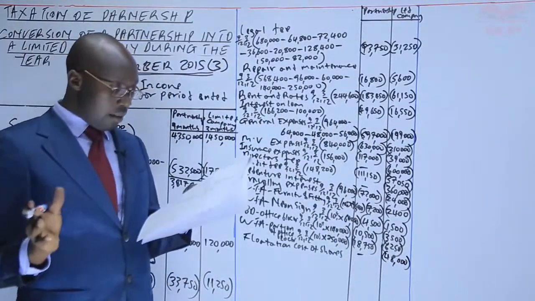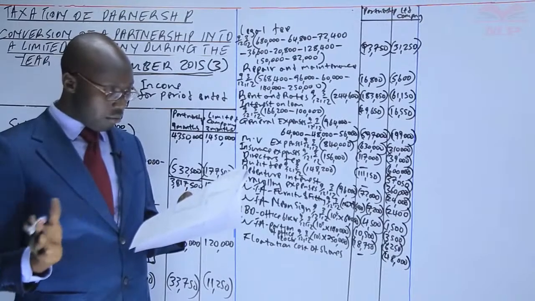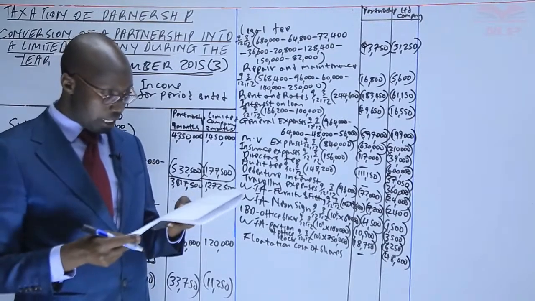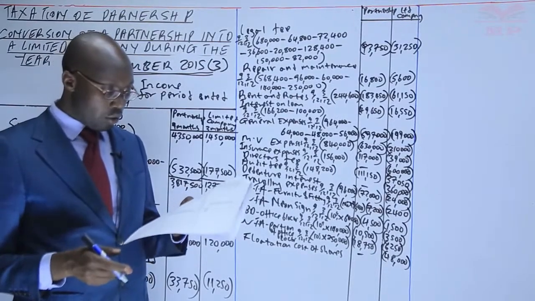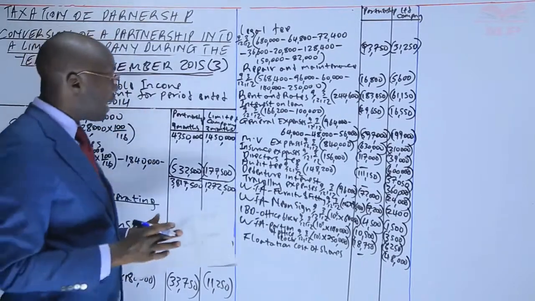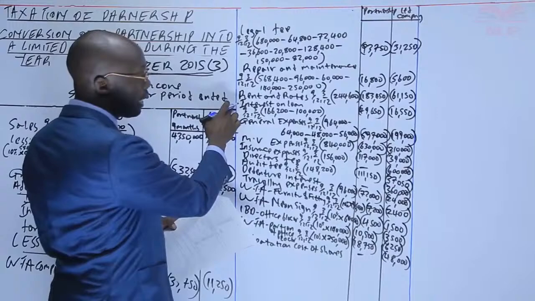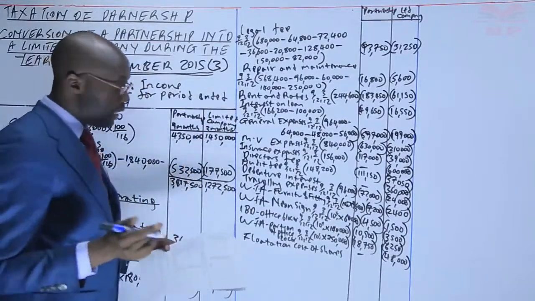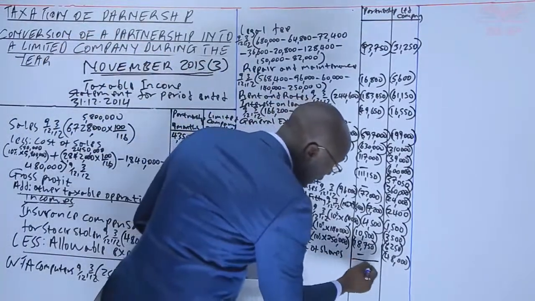Land, a piece of land for business expansion? No, that is not allowable completely. Point number 7, interest on loan included interest on partner's capital. Interest on partner's capital is not allowable, and we deducted it when we were getting the interest expense. And that is the end of it. For now, we can get now